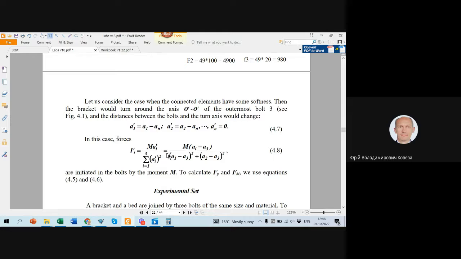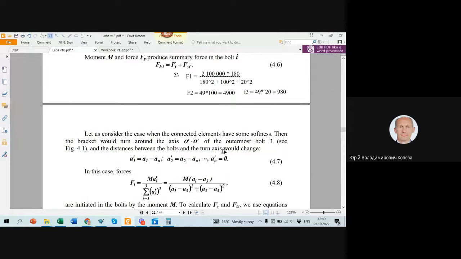So it becomes shorter, and to find these forces we should use the formula like here. Instead of Ai, we should use Ai dotted, like this. The same calculation. The only difference is that F3 equals 0 and F2 should be times 80. And here we have two components, A1 minus A3, A2 minus A3. So it means